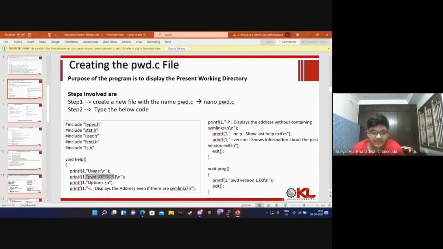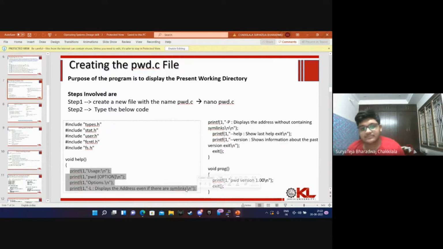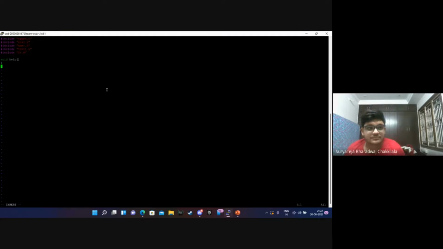Usage, pwd, and pwd options, and display address, even if there are symlinks and all this. Actually these are not required, but just for time's sake we'll be using them. These are not needed, so I'm just copy pasting for now.